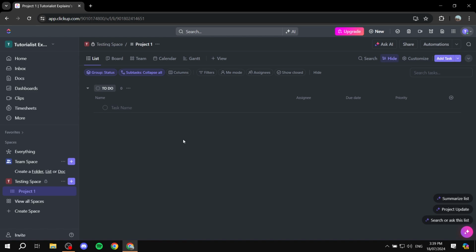Now, before we jump into the actual goals, it does work quite well with the tasks that we already have from ClickUp. So we would want to have tasks pre-made which are going to be related to the goals, or we can just create them from there. But if we already have them, we can use them. So I'm just going to set up a few examples. For example,